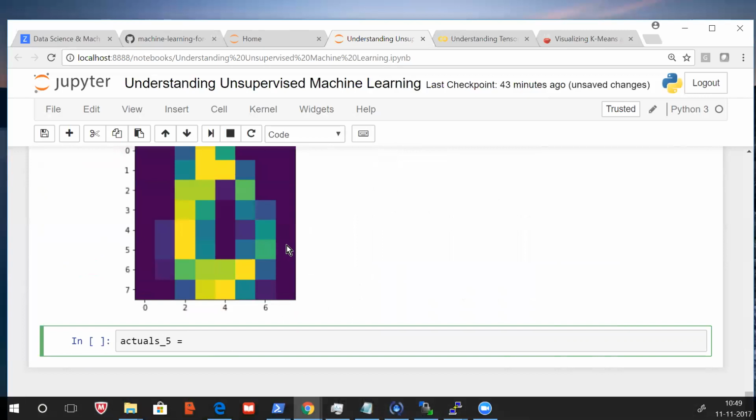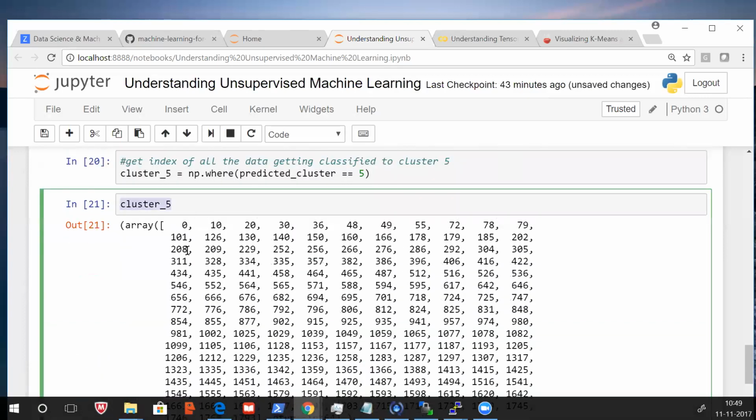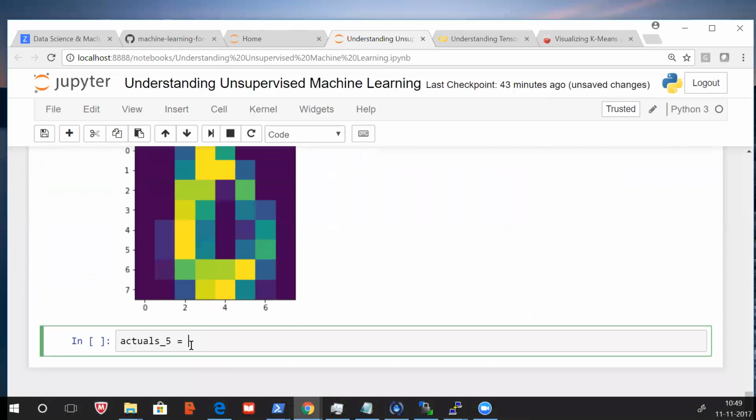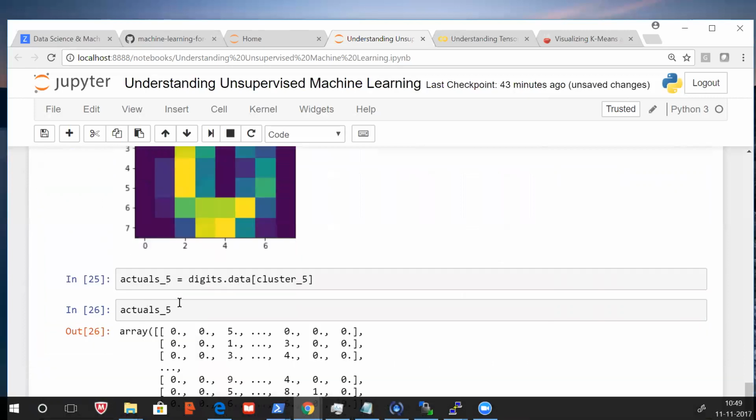So we have the index, right? This is the cluster 5 index number, right? So what you will do is digits dot data, right? Then actuals 5. Oh, sorry, digits dot target.